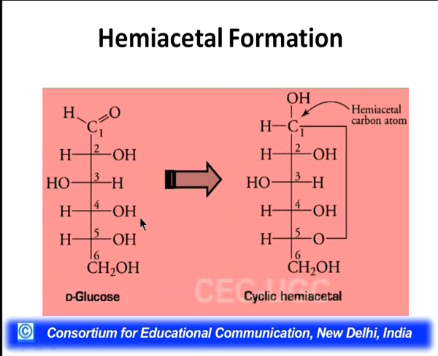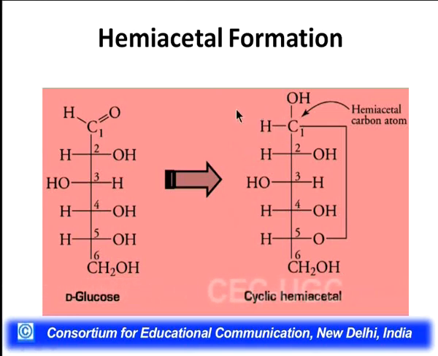So what we find here is that this oxygen acts as a nucleophile. It forms a bond with this carbon, resulting in this bond formation here, and this H forms a bond with this oxygen, resulting in the hemiacetal molecule. Next, the carbonyl carbon, which was the first carbon in glucose, has been converted into an asymmetric carbon, and this carbon is known as the hemiacetal carbon.